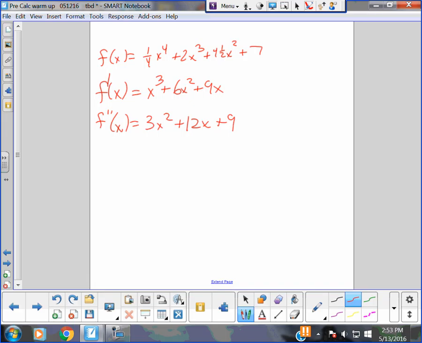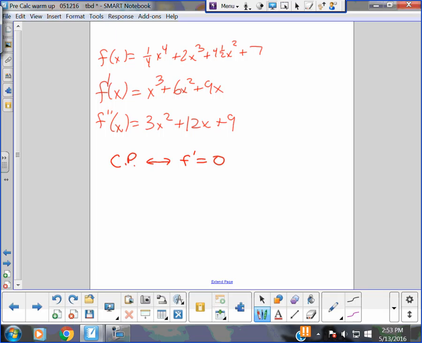So you have the first derivative. The first thing you got to know is, well, critical points happen when f prime equals 0, right? Or when f prime is undefined. So we got to be careful here in case I give you a rational function. But we recognize the derivative is a polynomial, x cubed plus 6x squared plus 9x, which is continuous and differentiable everywhere. So the first thing I do is we factor,